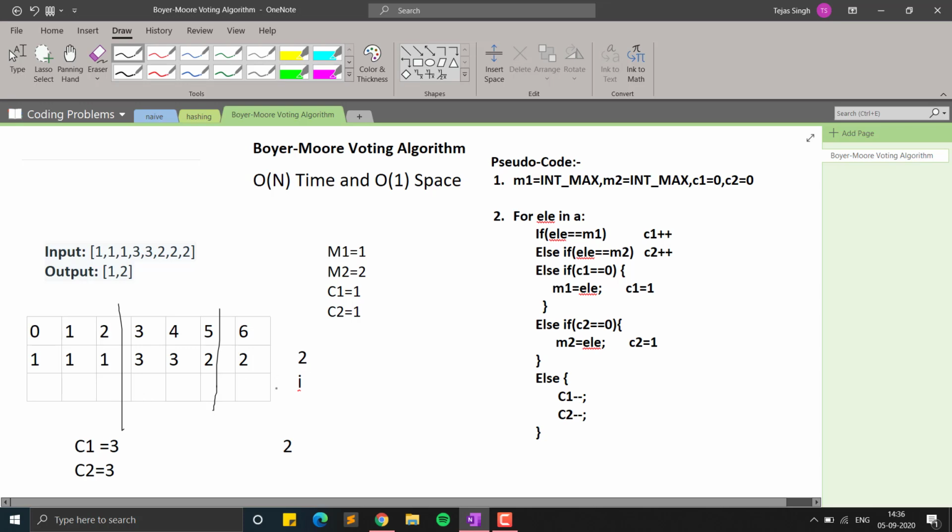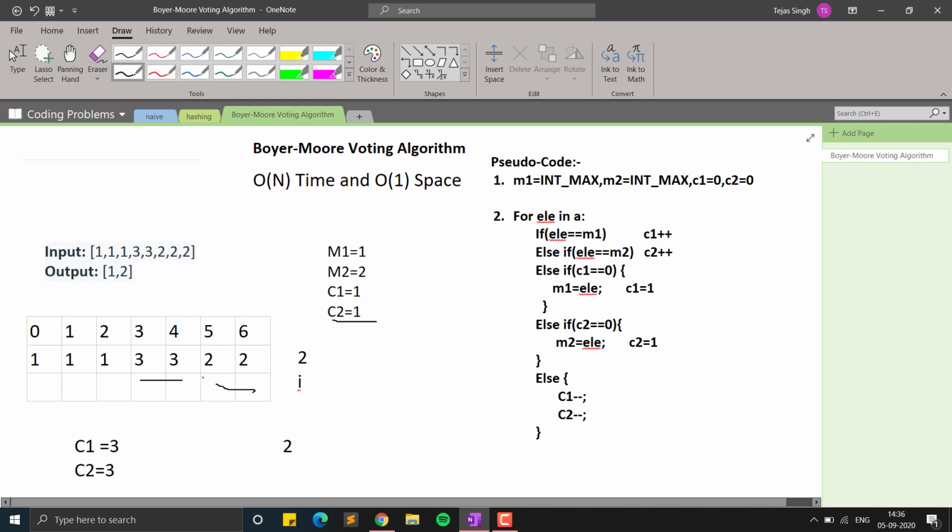So now the majority element, as it occurs more than n by 3 times, will come in the next index, or after some particular window. So the majority elements need to occur more than the minority elements. So at the end of the array, the majority element will finally defeat the minority element. So it will increment the counter. It will first of all decrement the counter for the minority element, and then it will increment the counter for its own value.